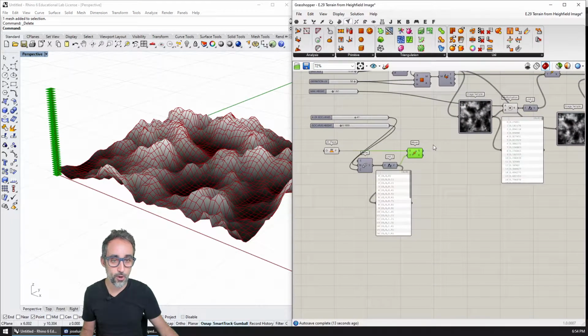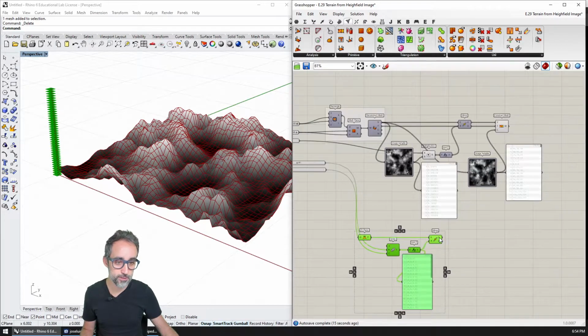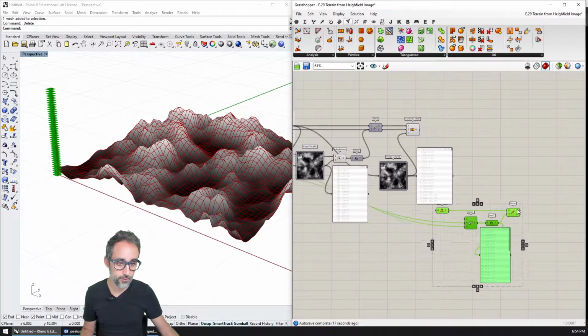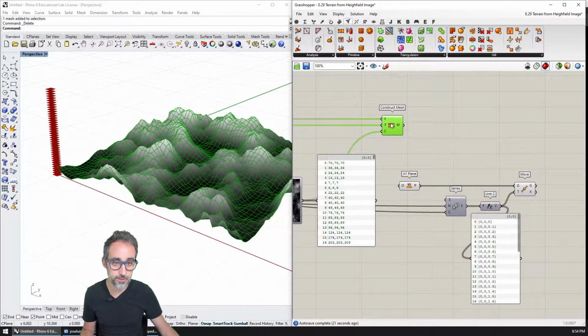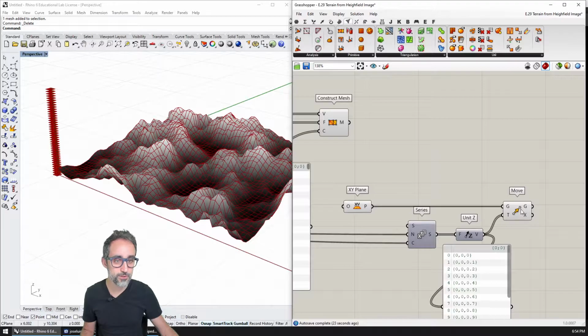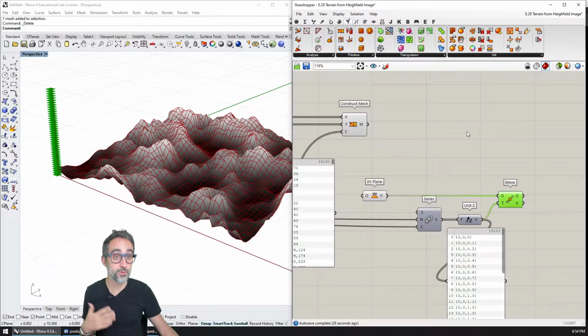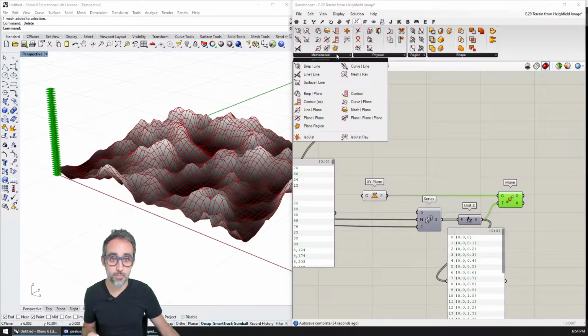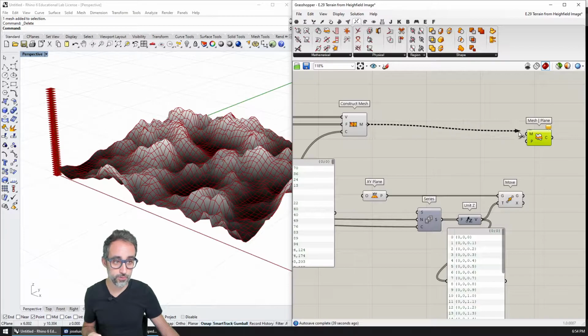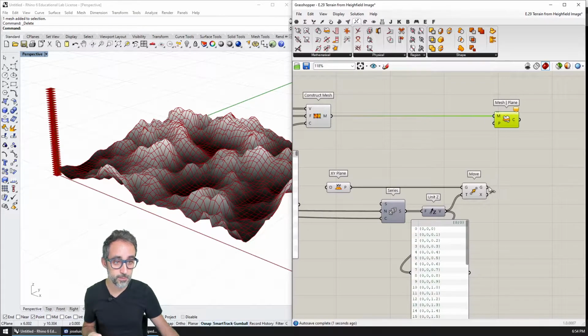So I'm going to take all these planes, and I'm going to move all this logic somewhere here, for example. Then I'm going to take this mesh and section it by all these planes. This is very similar to what we did in the previous exercise when we did the slicing. So I'm going to go to intersection, mathematical, and use mesh versus plane. I'm going to take this mesh and cut it by all these planes here.